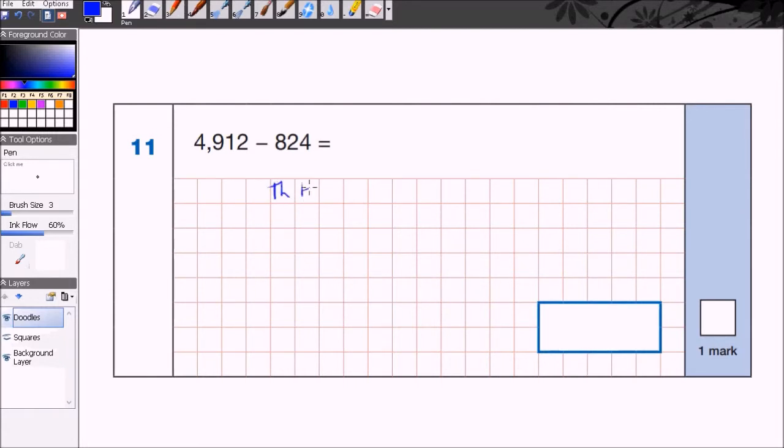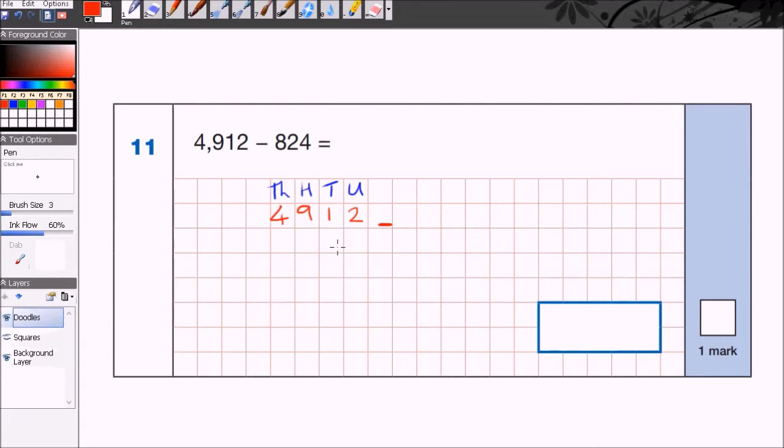Okay, so what I'll do is I'll put our place value columns in here. As I say, I probably wouldn't do this if I was just answering these questions myself, and many of the children in my class don't, and many of the children I've taught don't do it this way. However, I'm just doing this for the purposes of the video, just to show how the column method works. So we've got 4,912, so that's 4,000s, 900s, 10, 2 units. 4,912. Take away